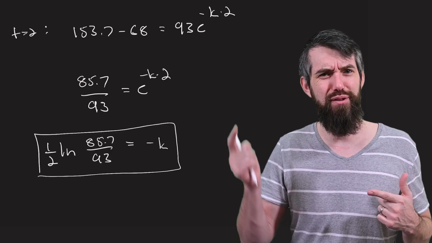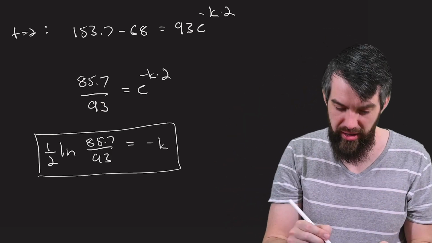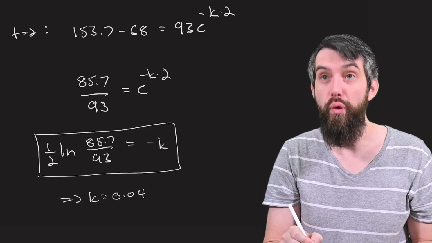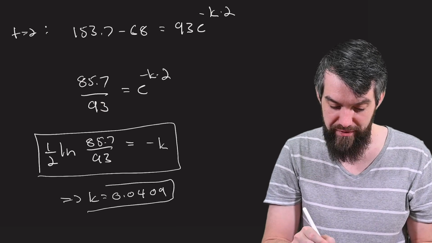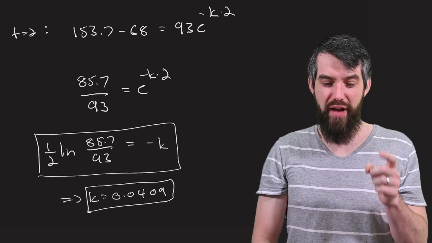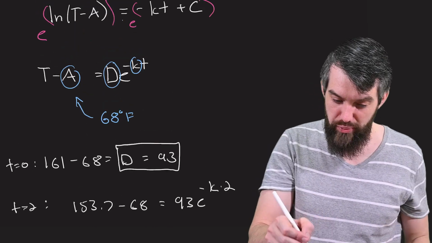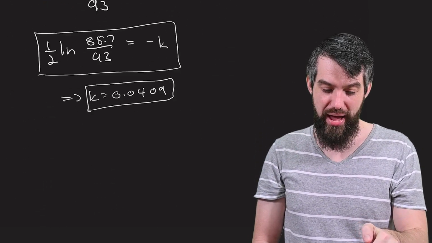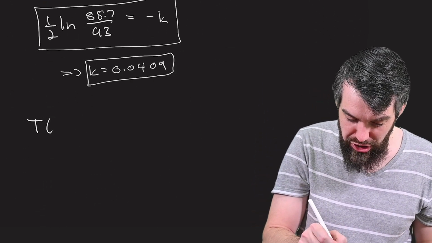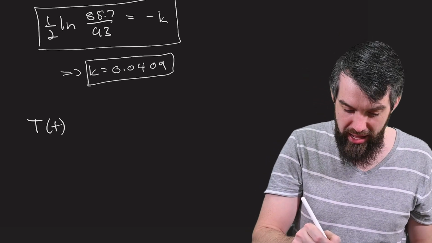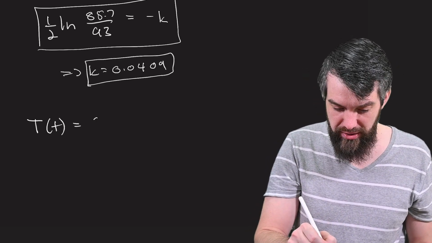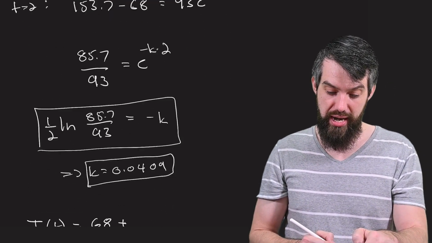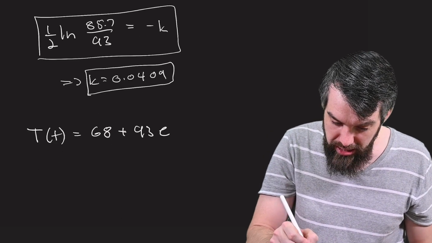This is much too complicated for me to do in my head, so I'm going to go to the calculator. And the calculator tells me that k is equal to 0.0409. I suppose that's enough decimal places. And so what's our final answer? Well, we have our description of our problem here. I have my a on the left. I'm actually going to move it over to the right-hand side. And I'm going to get my final answer, which is the temperature function as a function of t, I'll make it explicit, is equal to the a first, a got moved to the other side, so 68, plus the value of the d, and the value of the d was 93, e to the negative